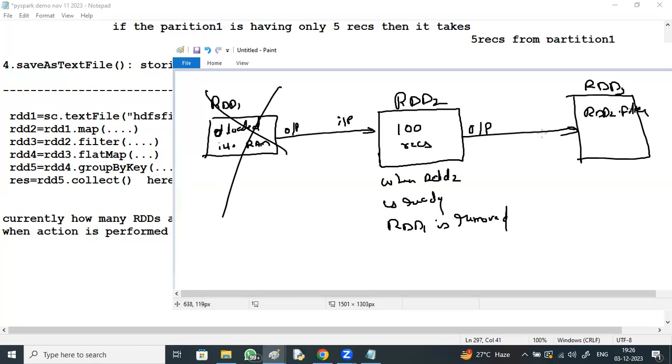The output of RDD2 is taken as input. Here in RDD2 there are 100 records. In RDD3, think that only 20 Hyderabad records are there. Only 20 records as the output.